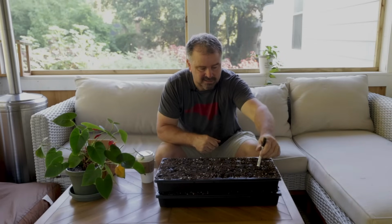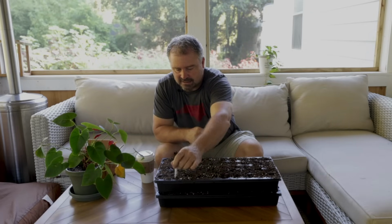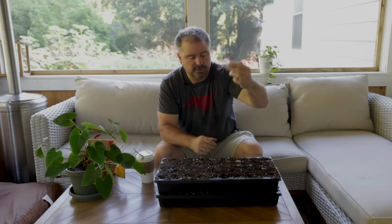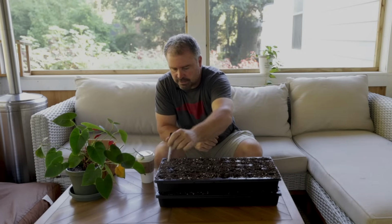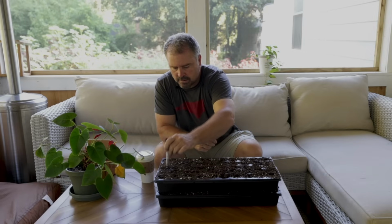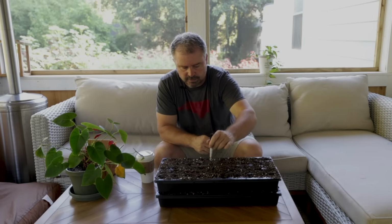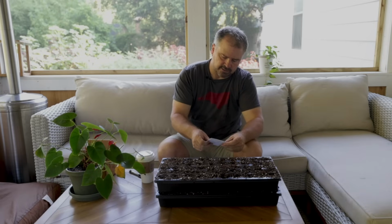All I got to do is make some sort of indention in each of these, because most of these seeds just need to be lightly covered, and you can use a screwdriver or a pencil or anything you want to. You can use your pinky. It doesn't really matter, but I just make a small indention right here in the center of each of these, and then whatever seed it is, we'll start with this